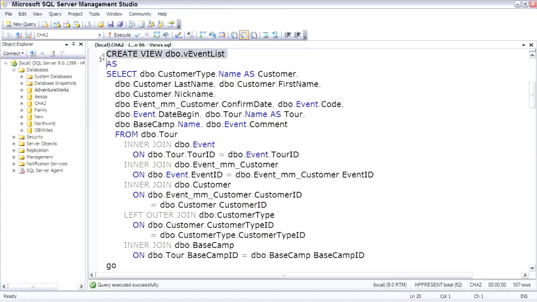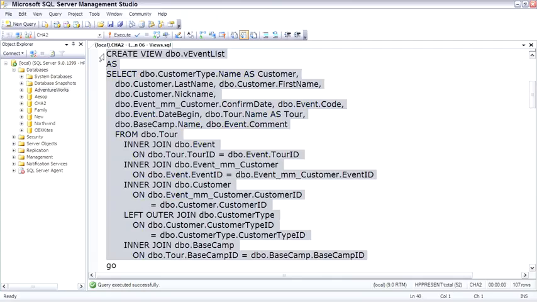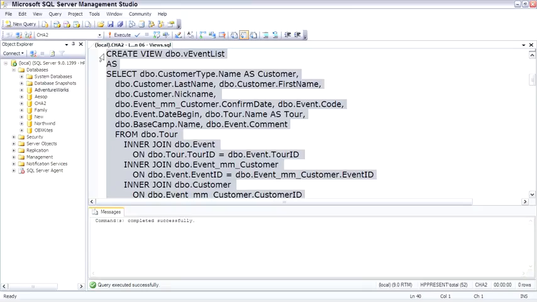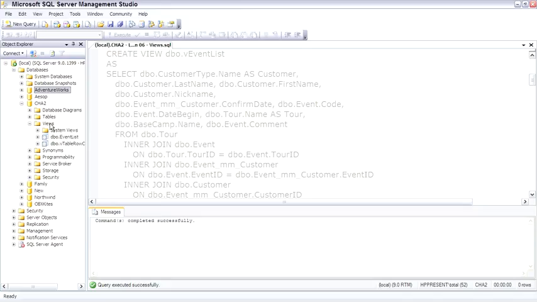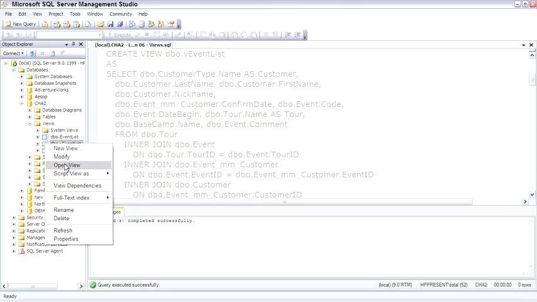So here's the command create view and the name of the view as, and then all of the select statement. If this is part of a larger batch, we need some kind of go here so that it ends that batch. Now it's created. If we go over to the Object Explorer, open up the CHA2 database, look at the views, do a refresh. Here's the view we just created, vEventList. If we say Open View,